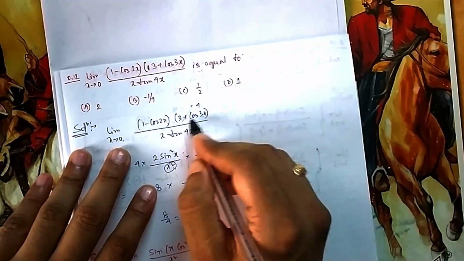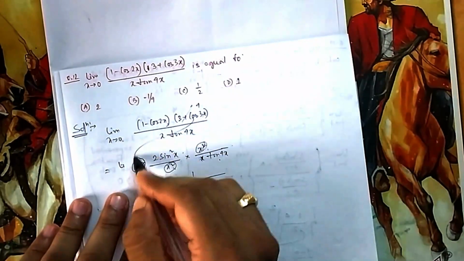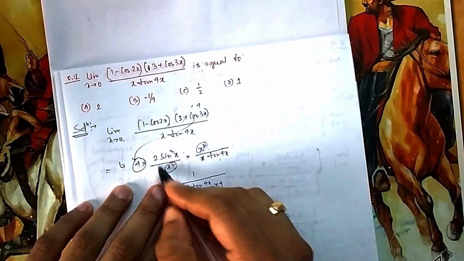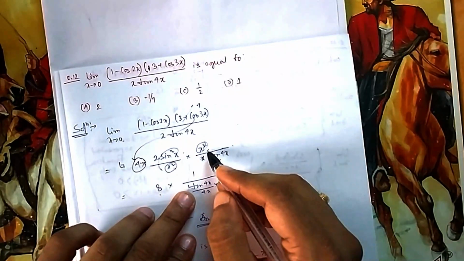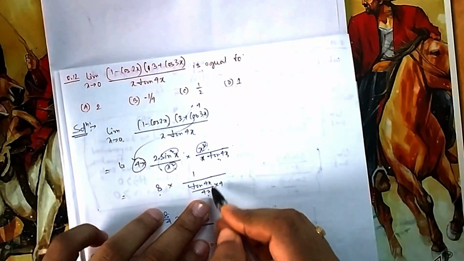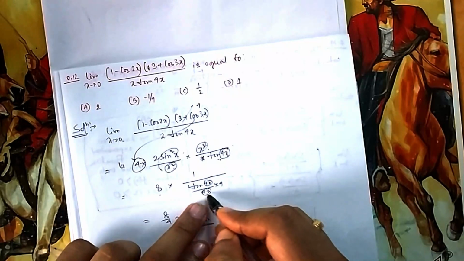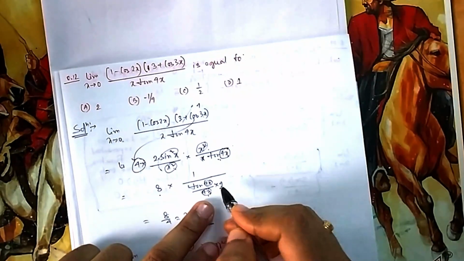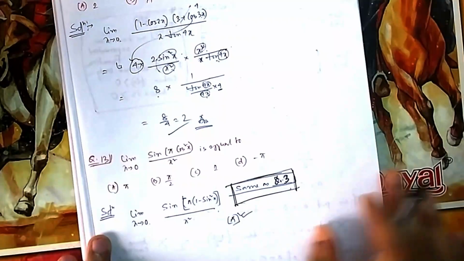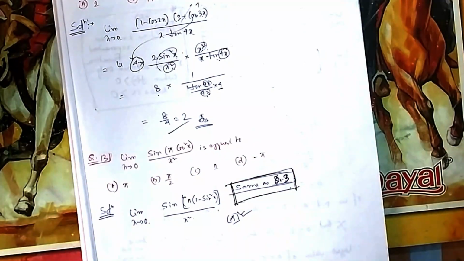If you put x equal to 0, it is 3 plus 1, 4. So I am taking that one outside. And this one directly 1, so it is 2, 4 2s are 8. And this one tan 4x, you need 4x because this 2 should be same. So this 4 I have given extra. So this is 4, that was it is 2. 13 is exactly same as question number 3, you can check it out.